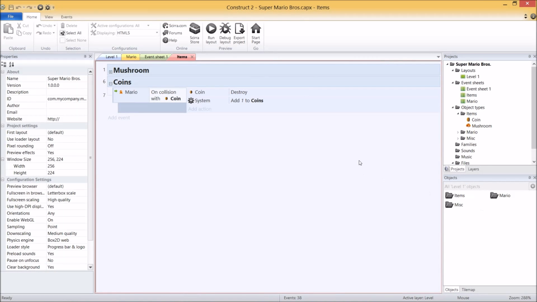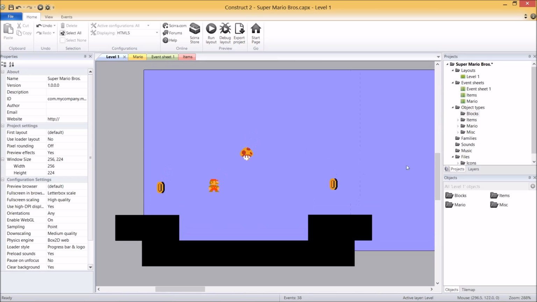So, first things first, we need to make a brand new folder up in our object types to store all of the things we're about to go and create. So I want you to right click on object types, add a subfolder, and call it blocks. Inside this we're going to store not just blocks but block particles and a couple of extra sprites that you're probably not going to expect.